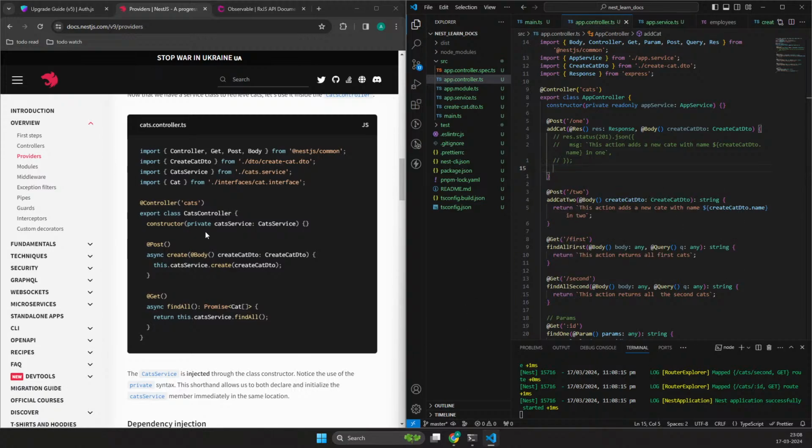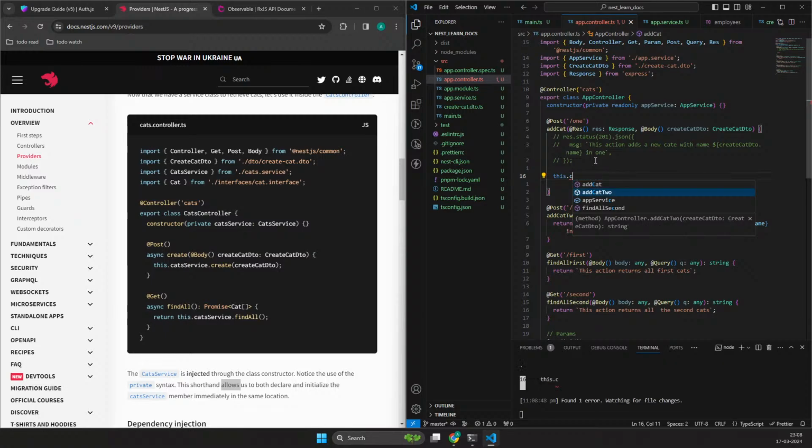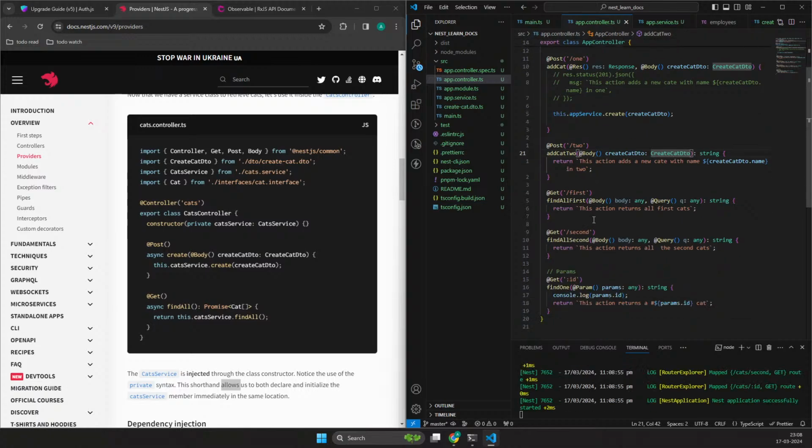Okay, so we need to import that cats service in the constructor. The cats service is injected into the class constructor. Notice the use of the private syntax. This shorthand allows us to both declare and initialize the cats service in the same location. Yep. So this is the app service, and in the app service we have cats. So we have already injected that. So this.appService.create will take a create cat DTO, and